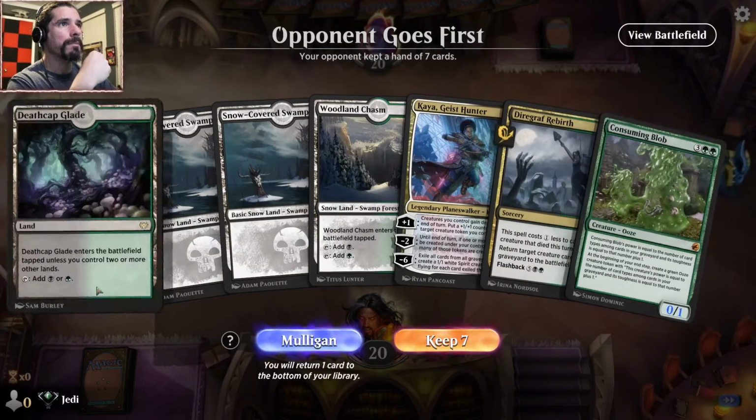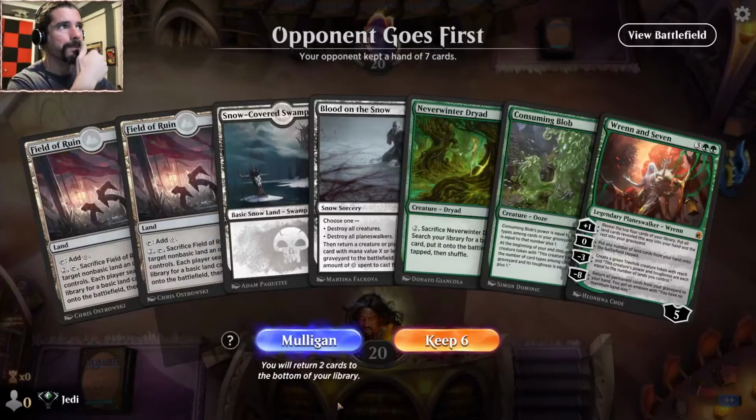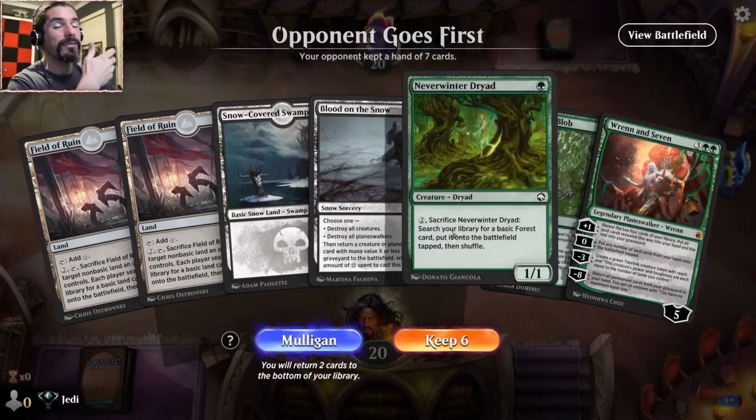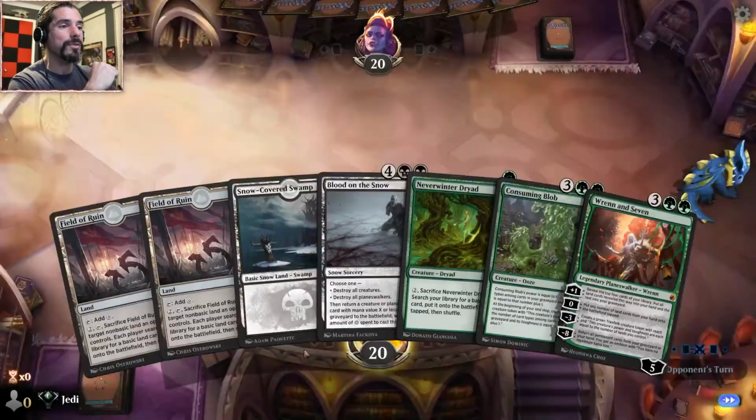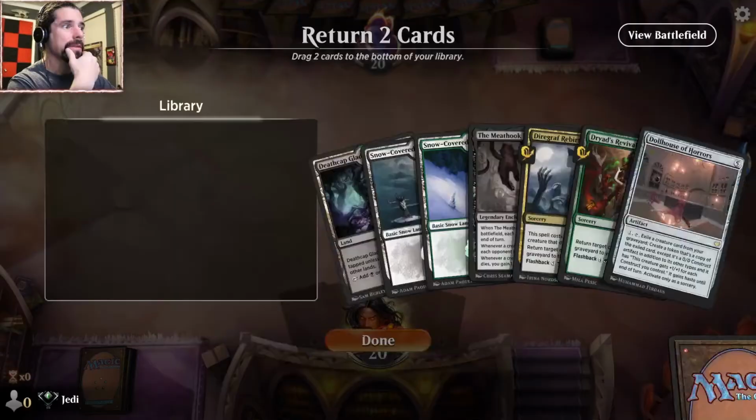We have Blob and Rebirth, but like I said, this hand really doesn't do anything. So I think we're going to mulligan, unfortunately. And this hand is even worse. Double Field of Ruin with all... I mean, if we had a green source, I think we would have been fine with the Dryad. But we're going to go... Alright, there we go. We'll keep this and...